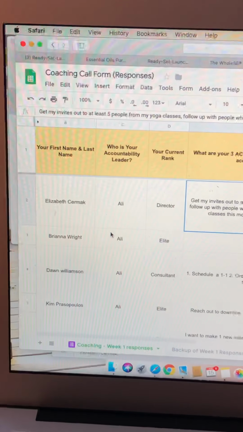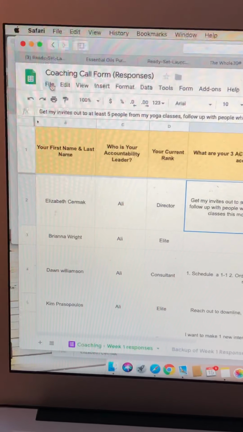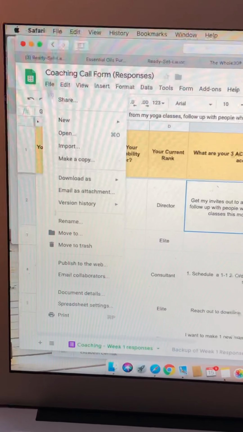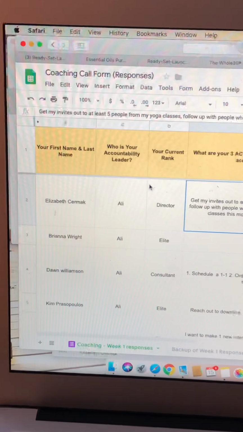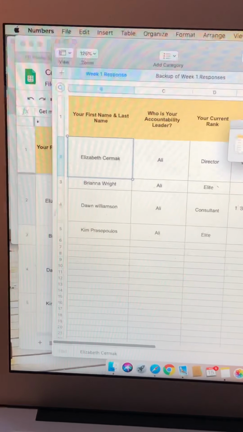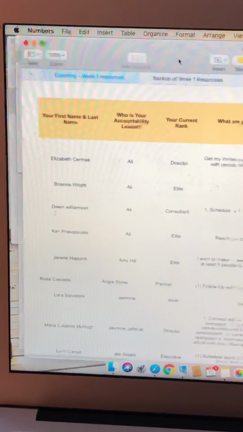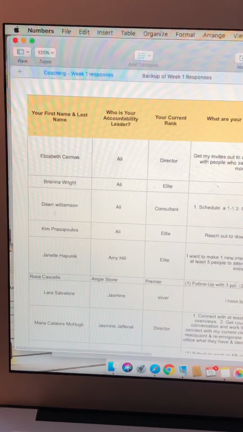What you can do is when you get into this document, it's the link that I sent you, first you're going to see if all your people have filled out the form and all your people are done. You're going to go to File, Download as, Microsoft Excel, click on that, and what that's going to do is create its own personal Excel file completely unattached to the shared spreadsheet that we are sharing. So this is the Excel file that was just downloaded that is now on your computer somewhere,